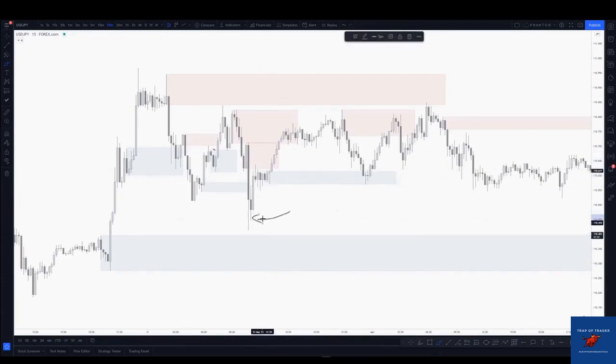Now, if we were to look fractally in this wick, and it's something that we'll expand on in a later video, we would see a reversal demand zone being created at this point in time. But as right now, and as we only stay on the 15-minute expanding on the initial video's examples, what we could do if we just want to expand on this and touch on this just a little bit,